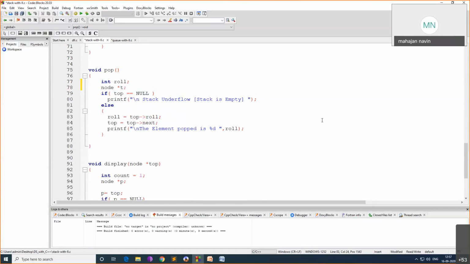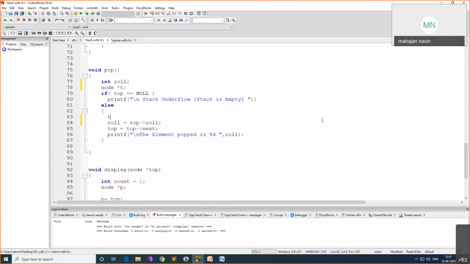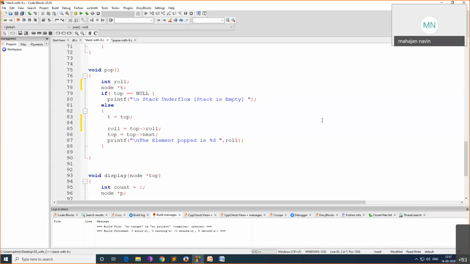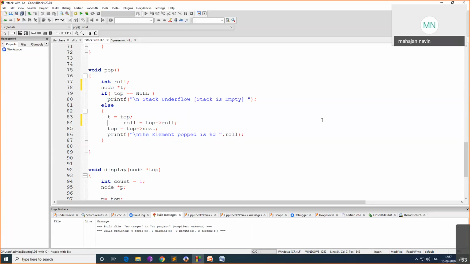Otherwise, I will say t equal to top, and roll number equal to top of roll number, and top equal to top of next. Then at last I'll say free t. This will remove that space, remove that node.